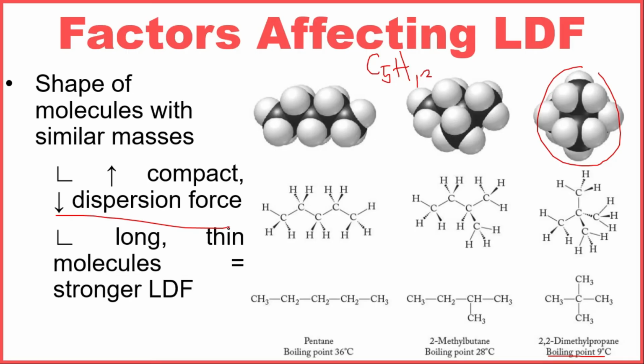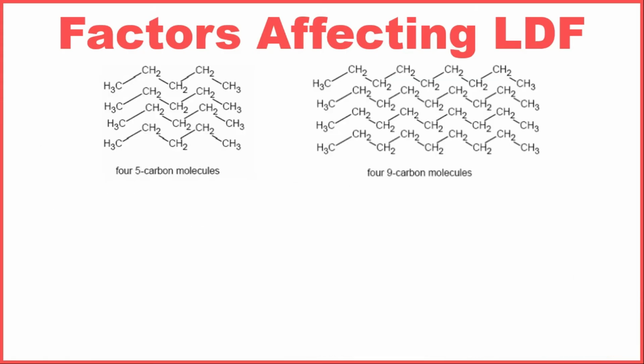Also, long, thin molecules like this one, n-pentane, tend to have stronger dispersion forces than short, round ones like neopentane, or this one, the 2,2-dimethyl propane. This is due to the increased surface area in n-pentane. Now, just by observation, you will see that this five-carbon molecule has larger surface area, so it has greater